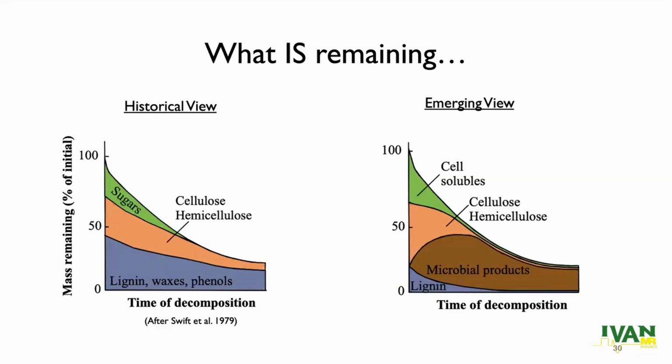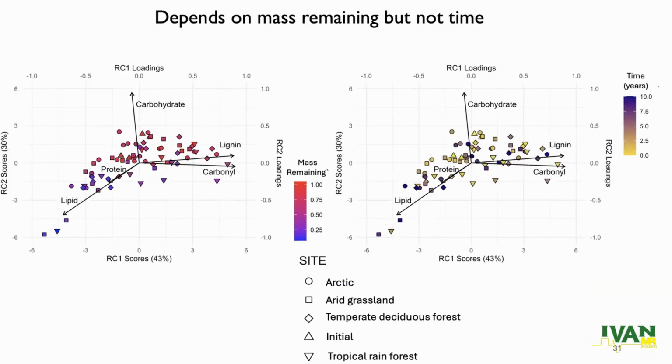Okay, so what is remaining, we found, also depends largely, as you might have guessed from some of the previous slides, on mass remaining, but not on time. These are PCA results, and the PCA is just looking at the mixing model components. Here we have protein and lipids if you're headed this way, and lignin, carbonyl, and carbohydrates heading this way. And this is organized much more by how much mass is remaining,